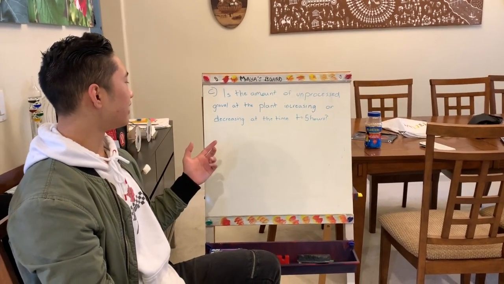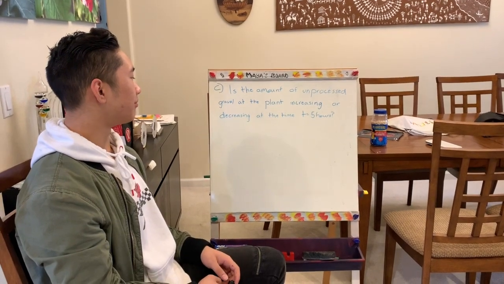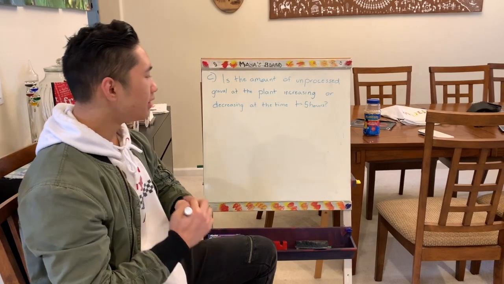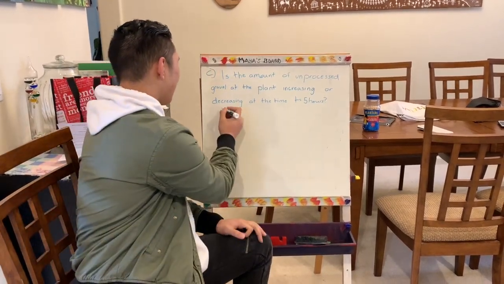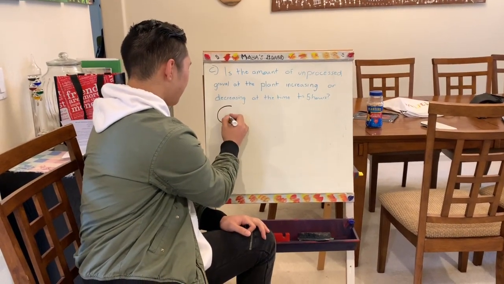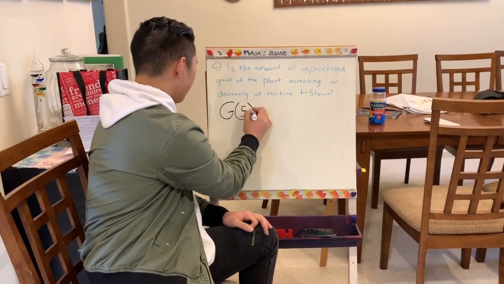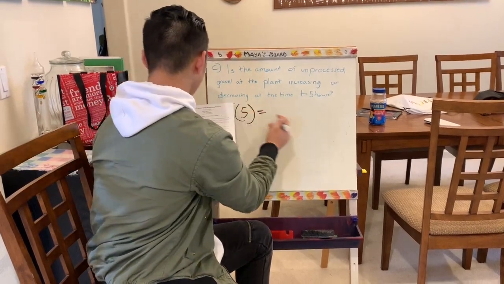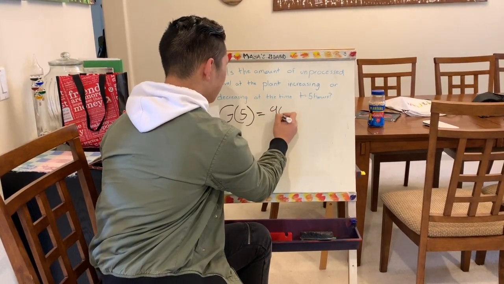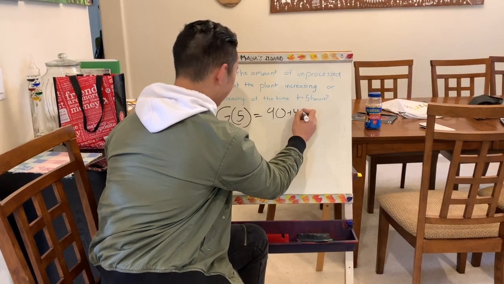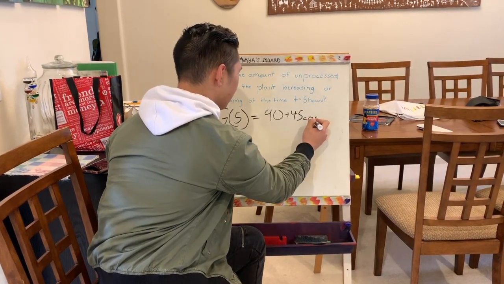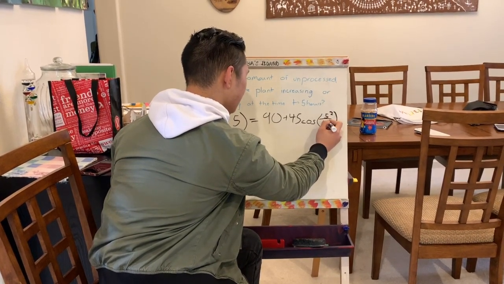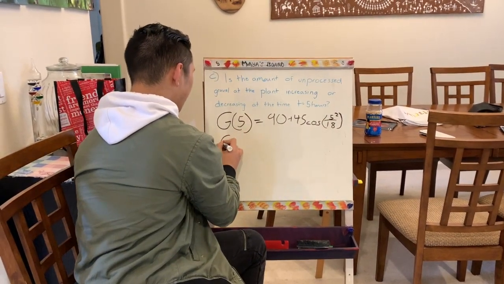Part C is asking, is the amount of unprocessed gravel at the plant increasing or decreasing at the time t equals 5 hours? So to find the rate at which the gravel is arriving, you would have to plug in 5 into the original equation, which would be g of 5 equals 90 plus 45 cosine 5 squared over 18, and that'll come out to be